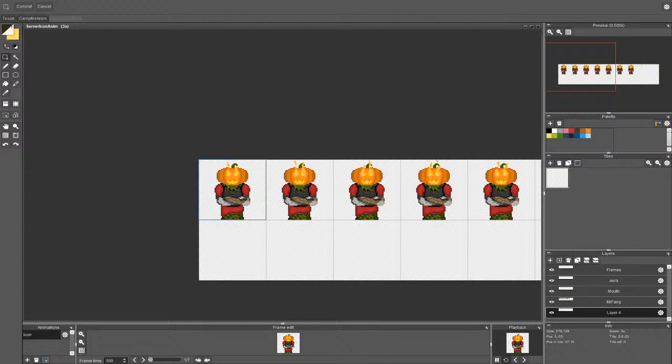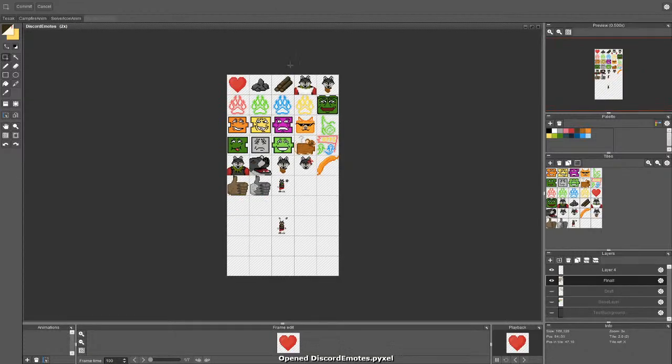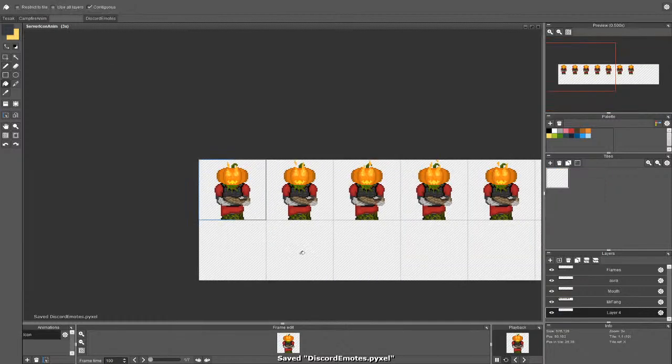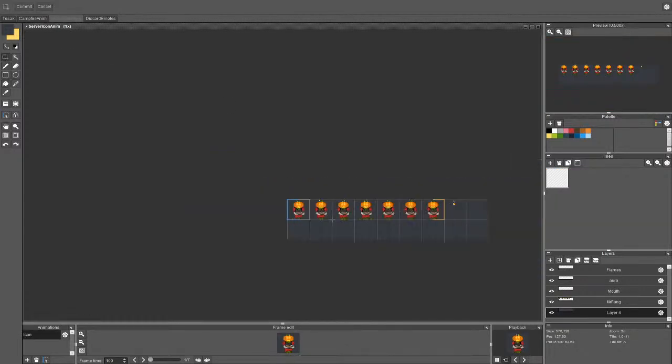Custom Discord icons. And I need this color right here. Okay, it's visible, I guess.